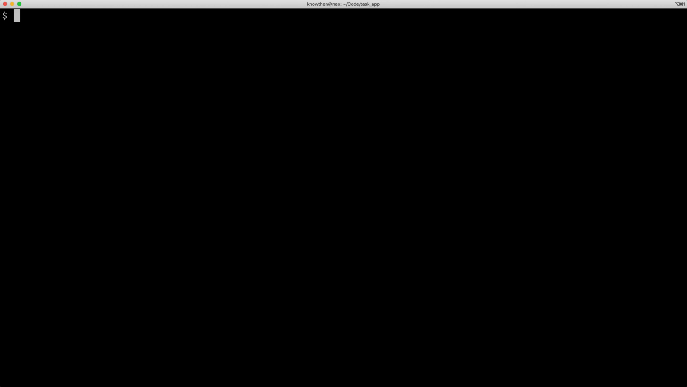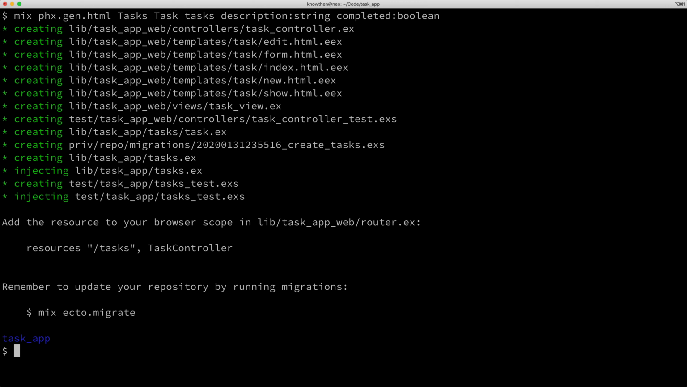So to do this, I'll use a generator, the Phoenix HTML generator, to create a set of CRUD pages and the associated code. I'll key in Tasks for the context module name to use, then Task for the schema module name, and I'll say the database name should be tasks. Next, I'll say our new tasks table in the schema should have a description field of type string and a completed field of type boolean. Okay, when I run this, we see a bunch of auto-generated source files here, and we